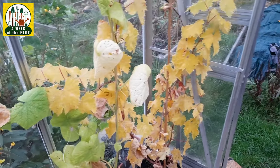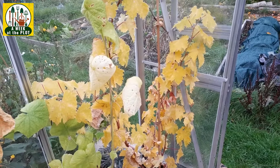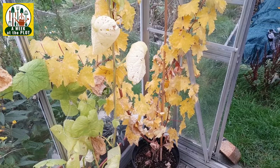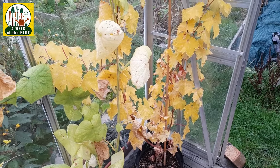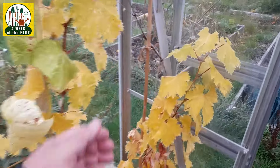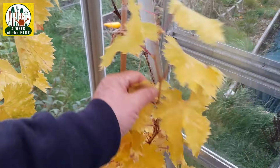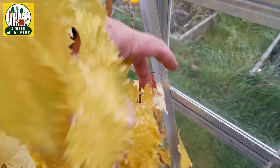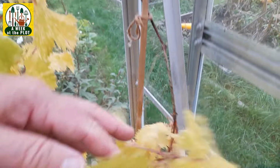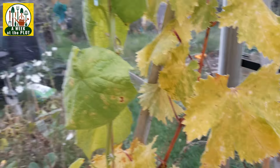And the Cannon Hall grape, which has grown well this year, having been given it last year, you can see the leaves on that are going as well. But that's fine. I've got a dead bit here, which I will just prune back. It doesn't go too far, goes down to there. So yeah, I'll be pruning that back. Anyway,